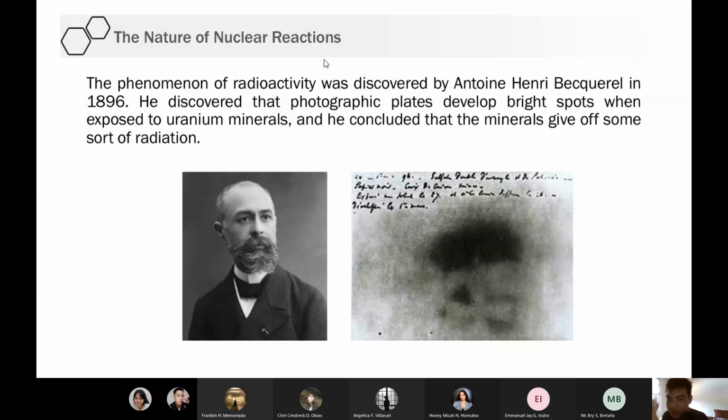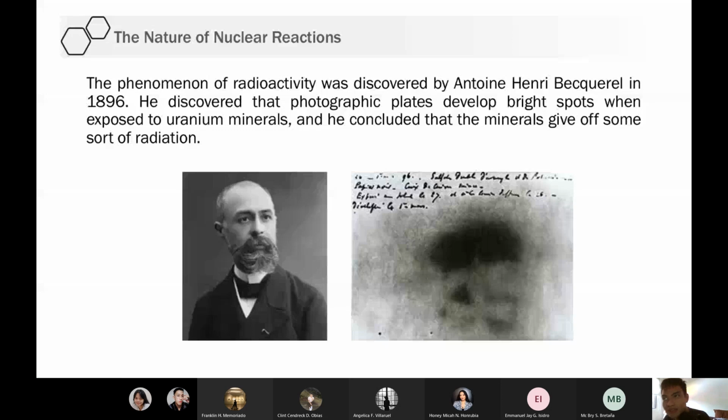So, ano nangyari dito? So, meron siyang metal ore. I think uranium yan, okay. So, meron siyang metal ore na nilagay niya sa isang photographic plate, no? Parang papel. Alam mo yun sa X-ray, parang pinatong niya lang yun doon, tapos nilagay niya sa cabinet. Tapos, after some time, no, kinuha niya uli yung metal na yon and then yung frame. Pagkatingin niya dun sa plate, no, yung parang papel ng X-ray, nakita niya, may something na nangyayari dun sa film,